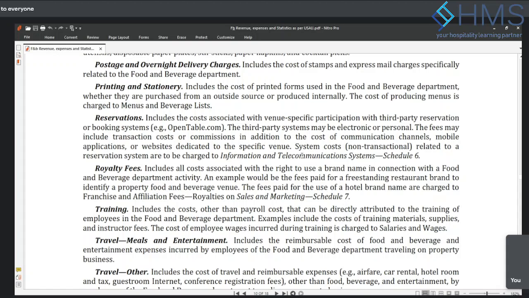But for the royalty fee, with just only using the brand name, they are not going to do anything else. They just allow you to use the brand name as you like, and they charge you a specific amount for the usage of the brand. So that's the difference. Then you have training expenses, which is